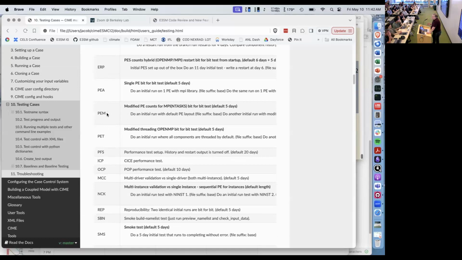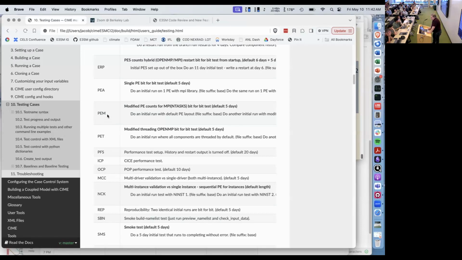We also demand that the model give identical answers when you change the number of MPI tasks. So if you run it on 100 nodes, or you run the same case on 200 nodes, it's going to give you exactly the same answers. And we can do that because we've been very careful about how global sums happen. We actually do quad precision and convert things to integers. If any of the numerical methods depend on doing a global sum, normally that would result in differences if you change the task count. But for our models, they do not. So you're going to get identical answers on different numbers of processors.